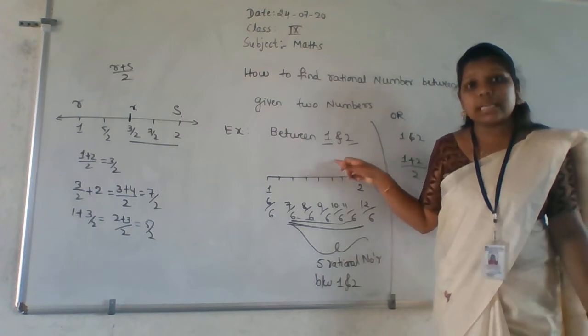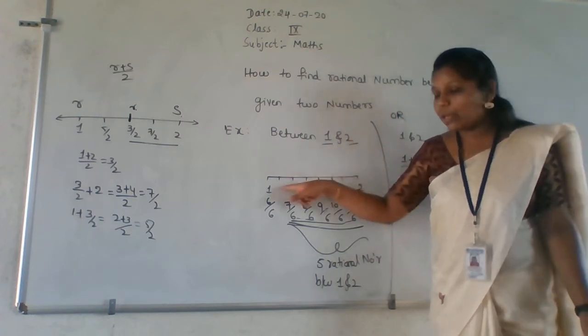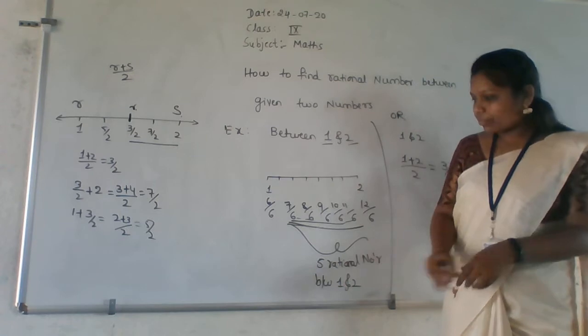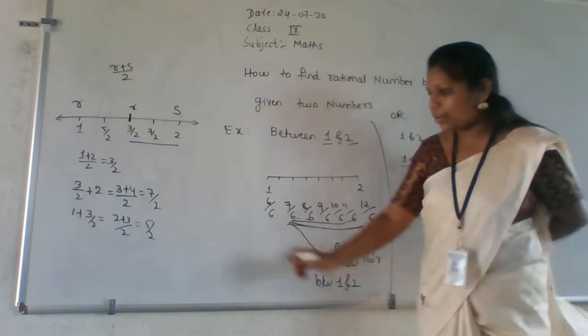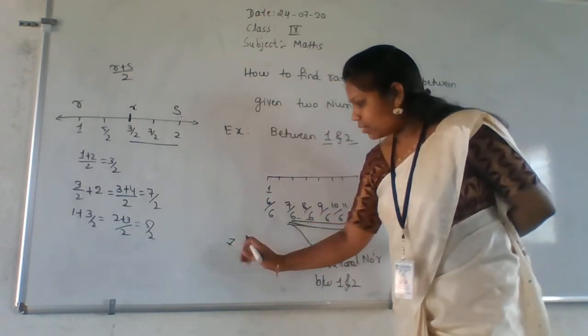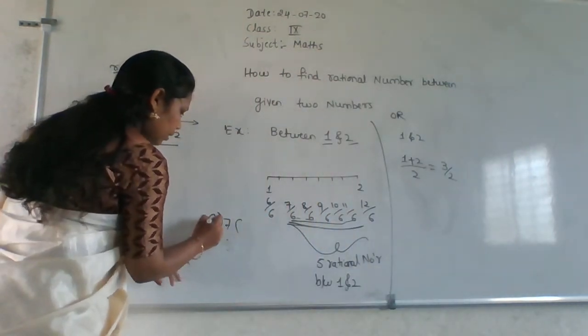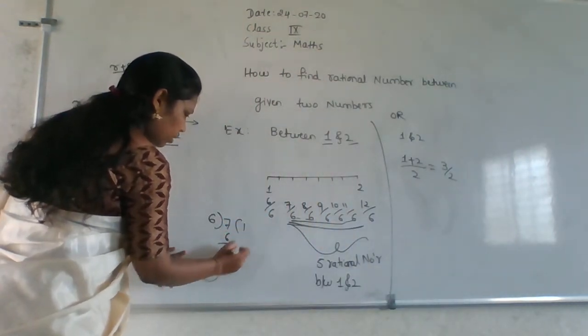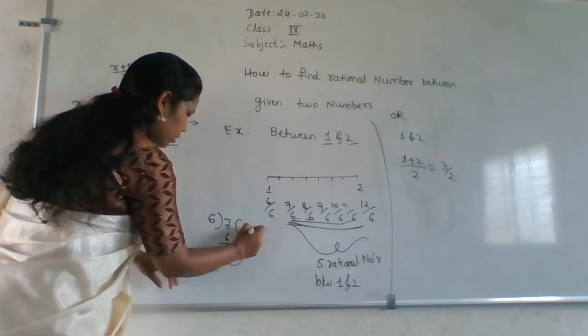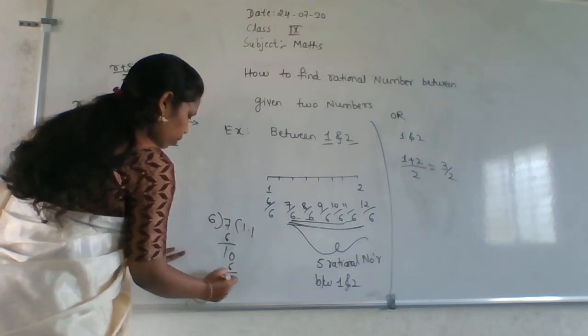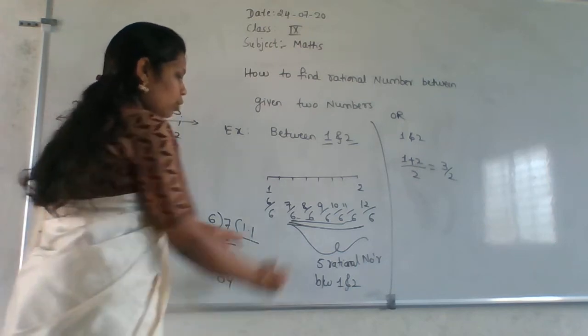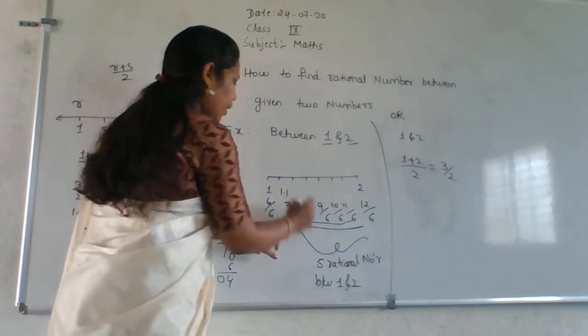If you want to see how it will be between 1 and 2, then divide 7 by 6. What is the value here? 7 by 6. 6 ones are 6, remainder 1. Point 0 again, 6 ones are 6, 4, and this goes on. So the value of this is 1.1.